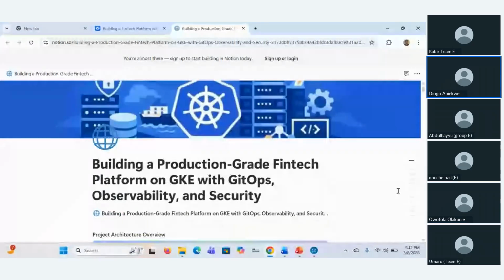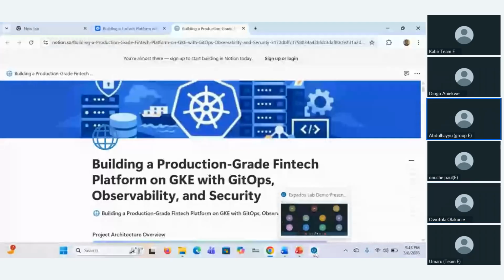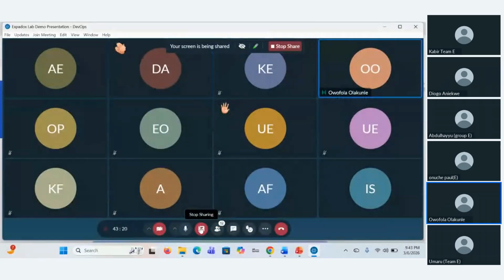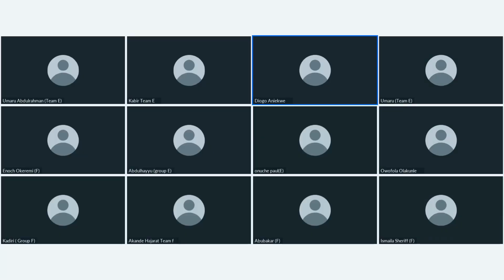Right. So thank you so much, guys. I was trying to evaluate your work against your expected deliverable, and I didn't see anything that was missing. Who was the last person that spoke? Kabir, was it you that talked about auto-scaling?